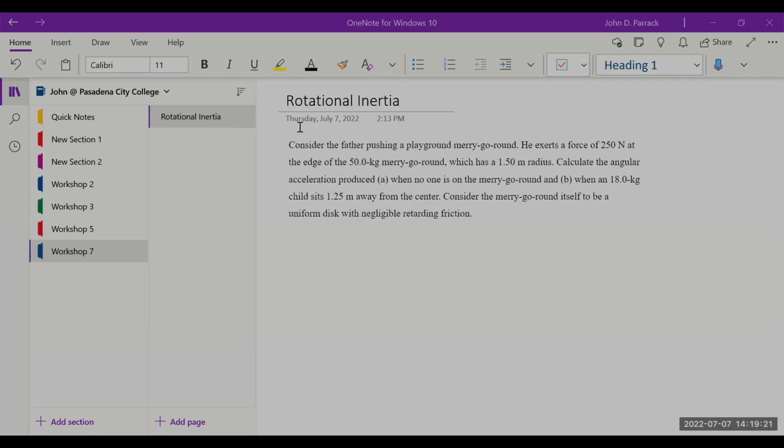Today we're going to be talking about rotational inertia. This is workshop number 7, meant to correspond with your physics series. You've probably looked at rotational inertia a little bit. I often find students coming in, this is a bit of a confusing topic, but if we power through and we get the fundamentals down, I think we'll find that we can understand it pretty solidly, and we won't be